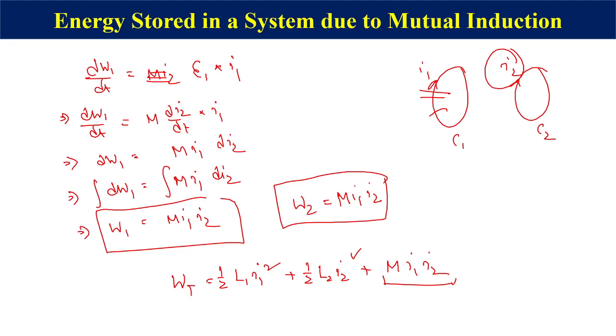So I hope this derivation is clear to you. It is very simple actually. In a simplifying way, you can derive this relationship, and it is a very important derivation also. Please watch it once again if you wish, and if you have any question, you can post it.